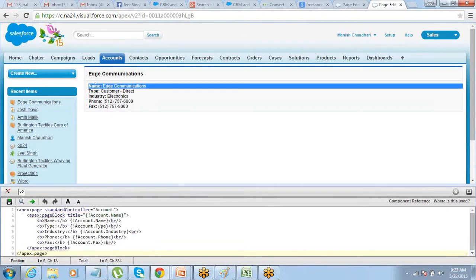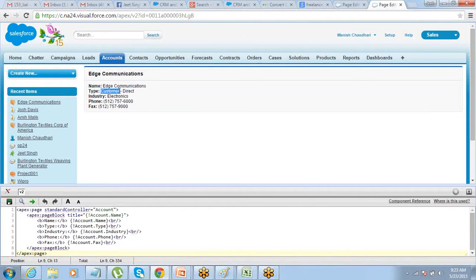I do not have any option of editing anything here. So in this case your inline edit will not work because that works with the detail component. In this case we have another option.